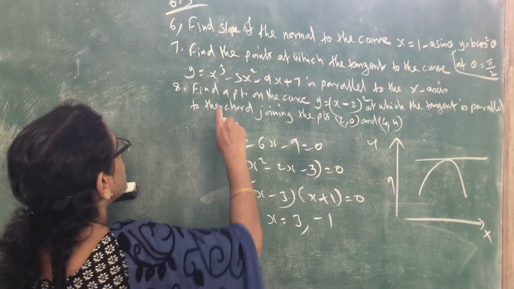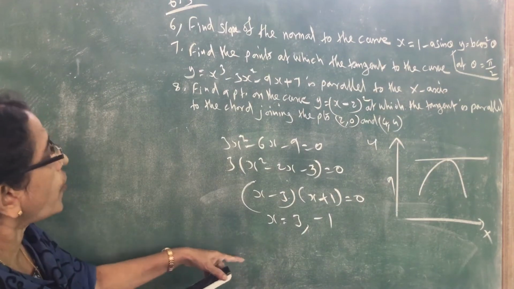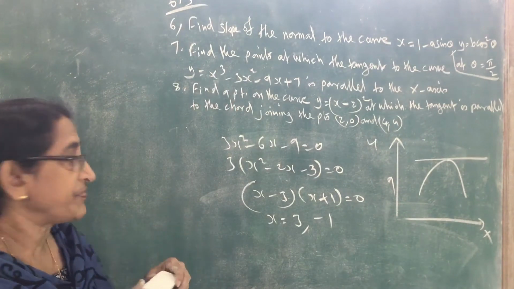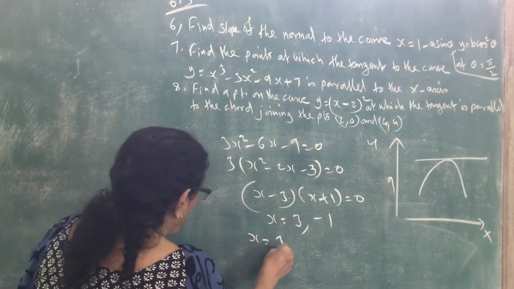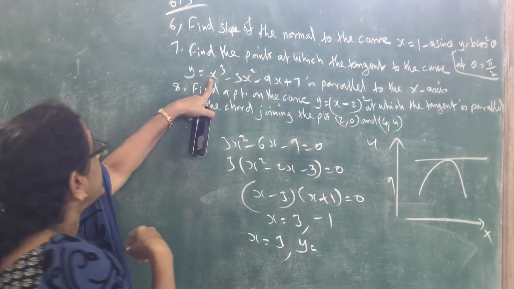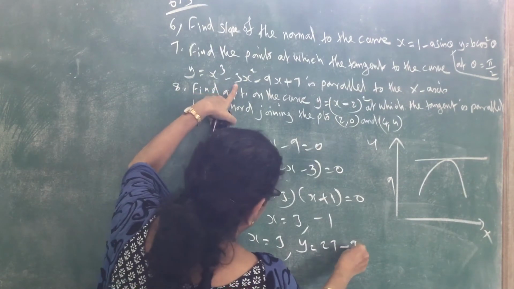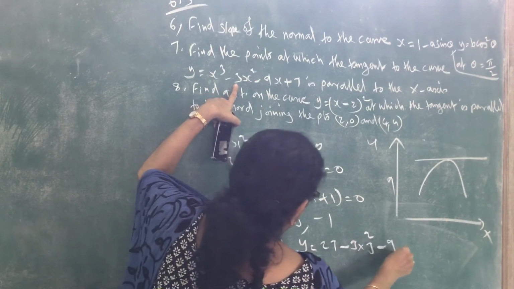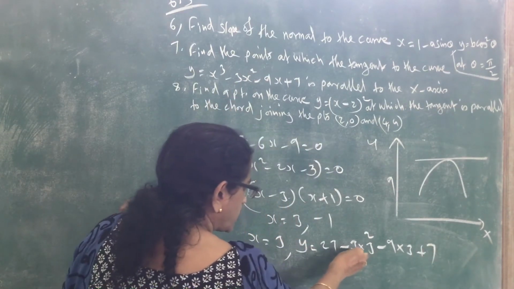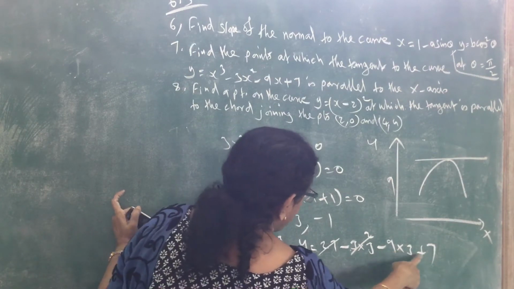So we can substitute to get the y. Here we got only the x coordinate, so to get the y coordinate, we have to substitute these values in the equation of the curve. When x = 3, substitute in the equation of the curve, y = x³ − 3x² − 9x + 7, which is 3³ = 27 minus 3 × 3² = 27, minus 9 × 3 = 27, plus 7. The 27 minus 27 cancel, minus 27 plus 7,